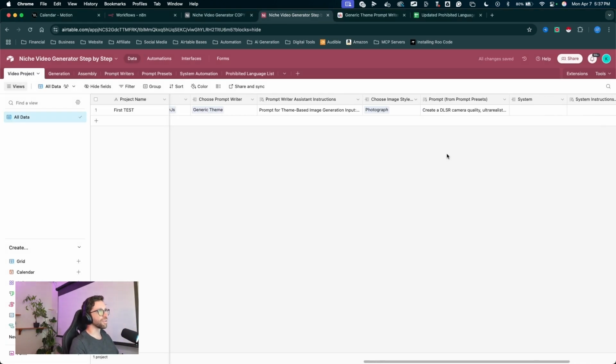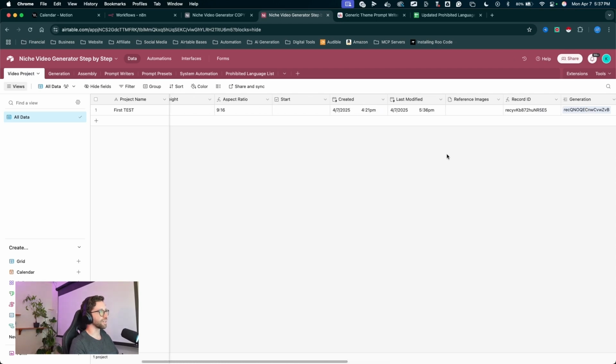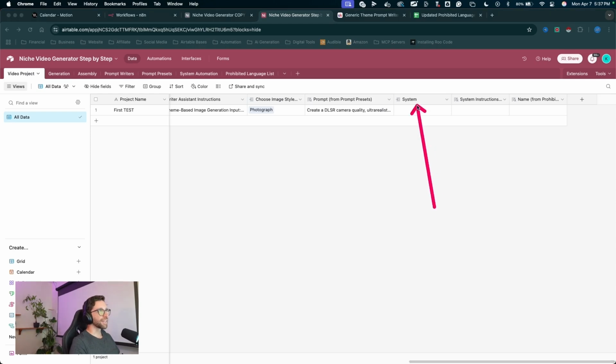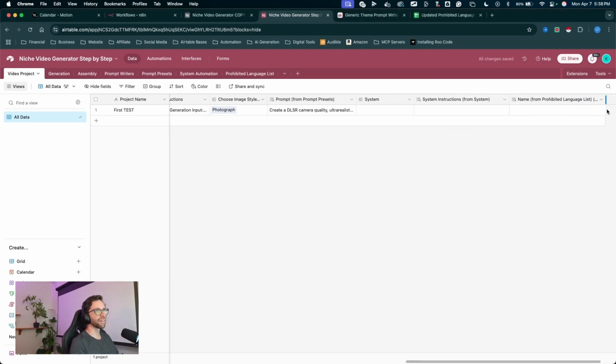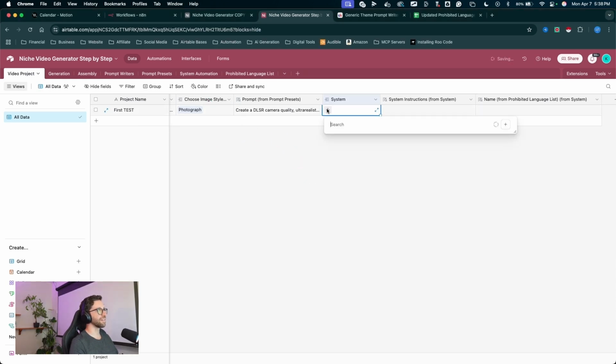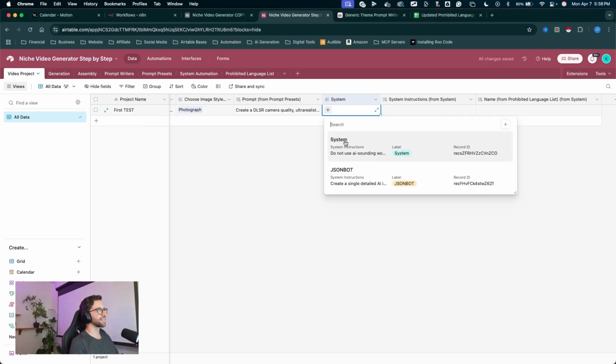By the way, if you want to scroll left to right, you can hold shift on your keyboard and scroll the mouse wheel to scroll left to right in your base. So now we have the system link right here, which is the system automation table. And we've got the system instructions from system and the name from prohibited language list. I'll expand this out from system. So we've got the prohibited language list linked into the system automation, and we're getting everything linked into the video project table. So same thing, if I drop this down, click into here,